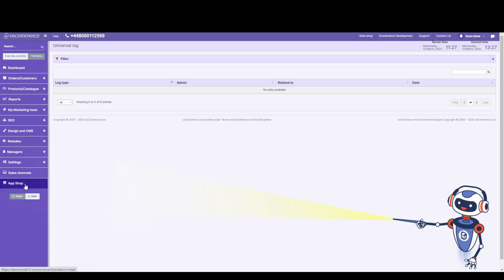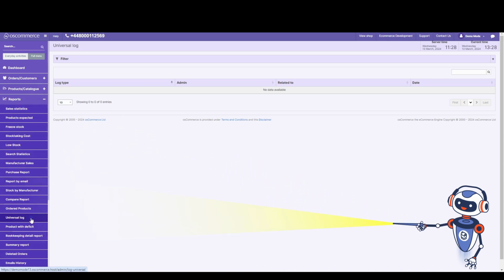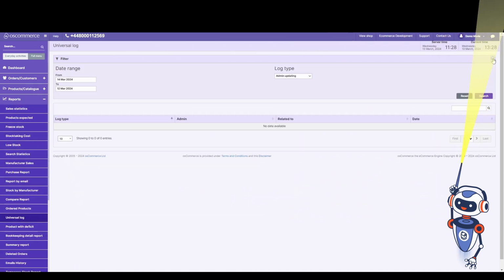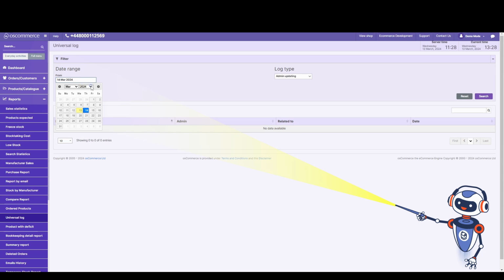Begin by installing the Universal Log Report module via the app shop in your admin area. Once installed, navigate to the Reports and Universal Log tabs. Under the Universal Log tab, utilize the Filter section to specify date ranges and select log types, tailoring the report